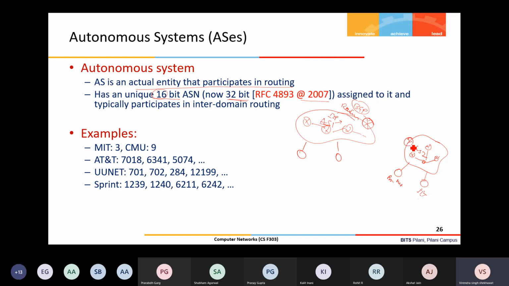Autonomous system two also has at least one router that needs to be a BGP-enabled router. These two BGP-enabled routers need to talk to each other, and there is a connection. If there is no such connection, then a customer from here and a customer from there cannot communicate with each other, or they need to find some other way to reach it via some other autonomous systems. But primarily there is some connectivity, and on this link the BGP protocol works.